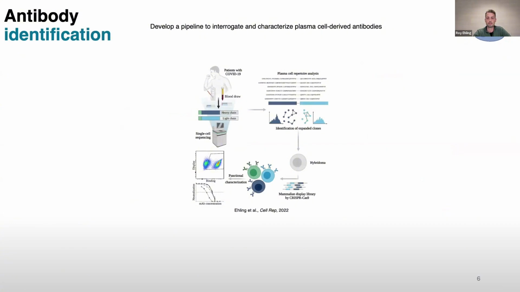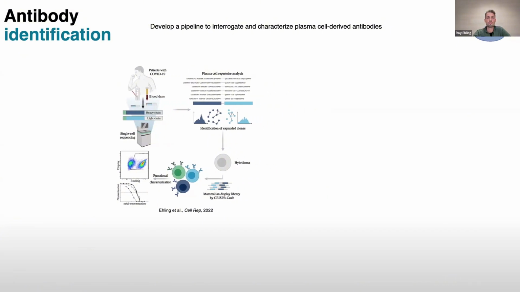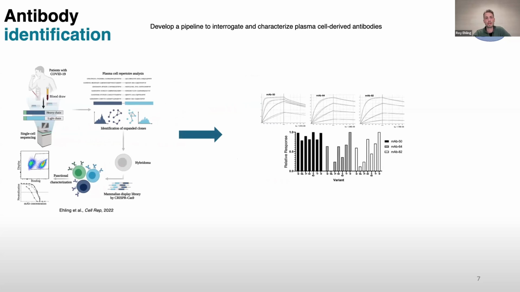sort of like combine the features of a memory B cell with plasma cells. So we published this late in 2021, early 22, where we took expanded clonal lineages from plasma cells, grafted these into hybridoma using CRISPR, and then screened those en masse by FACS. And as found already previously in the serum analysis study from the University of Texas, we only found very, very few RBD binding candidates. But what really is the take-home message here is that even early in the pandemic, pre-alpha variant, we found that most of these are already being escaped by